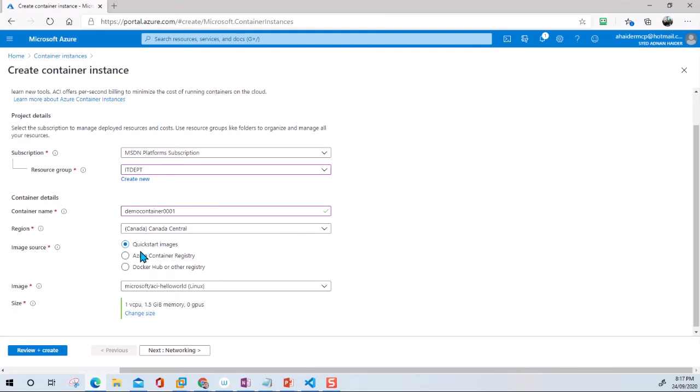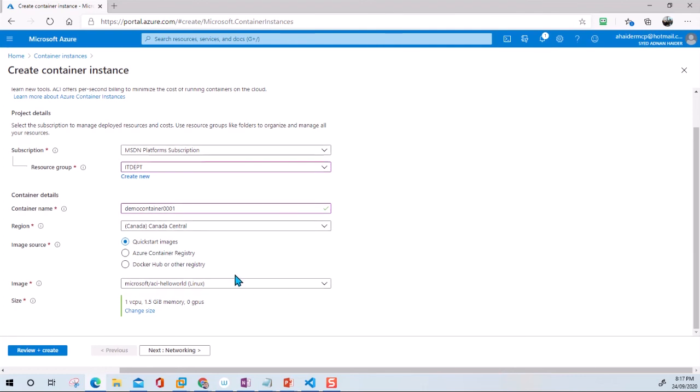Whenever we build a container, so this is a container instance, it's like a virtual machine, but it doesn't need an operating system. What it needs is an image, a container image. The image is basically your application. It's your web application, it can be any application or any microservice that is part of this image. In this case, I'm going to just use a quick start image. It's just a sample image that will be used to run the container to see how the container runs. There are two other ways that I will show you later on in another video. For now we're going to use the quick start image, and the image automatically selected is the ACI Hello World